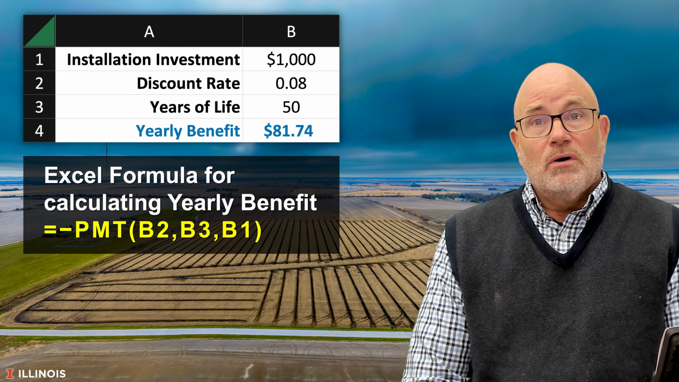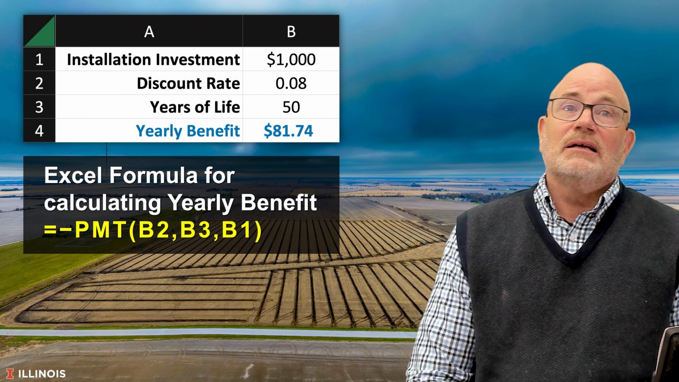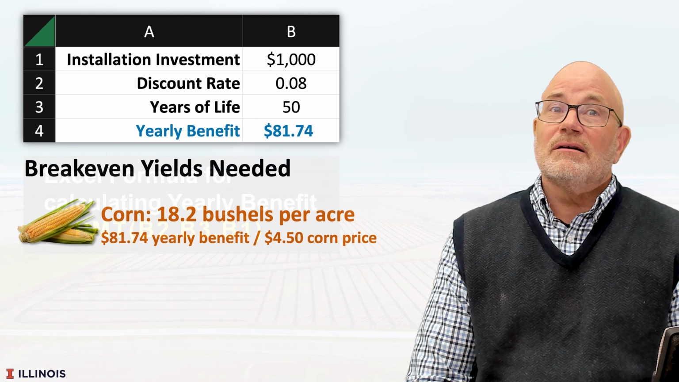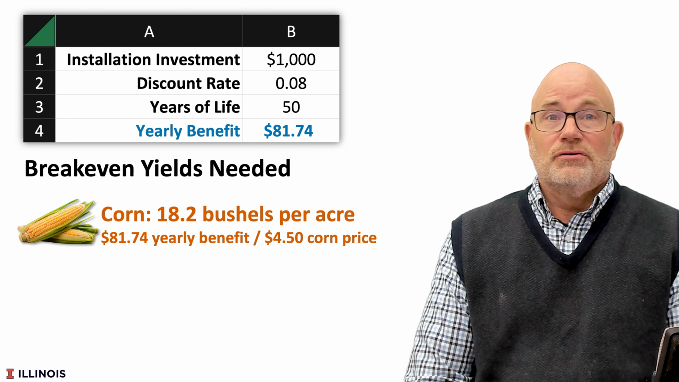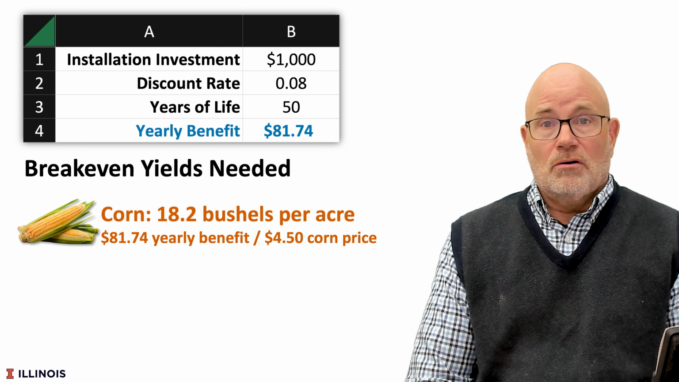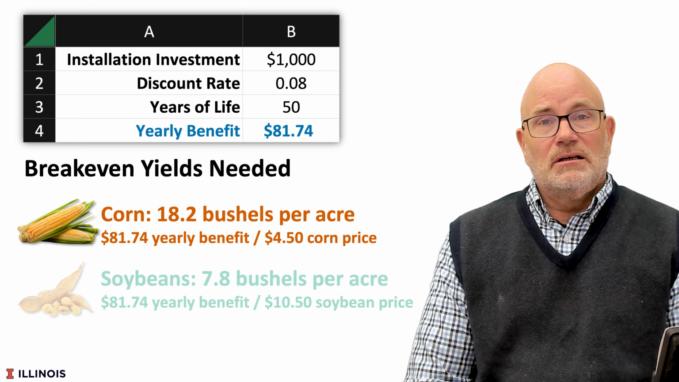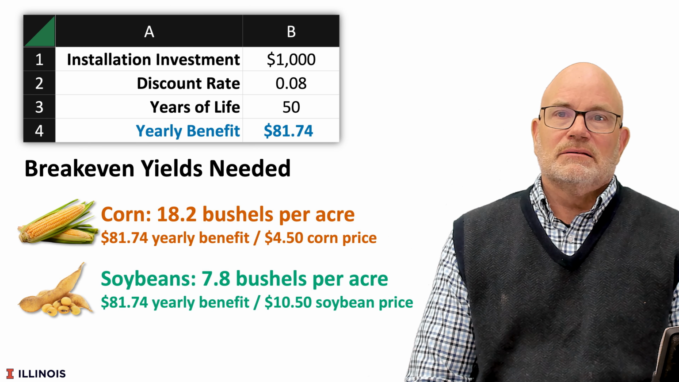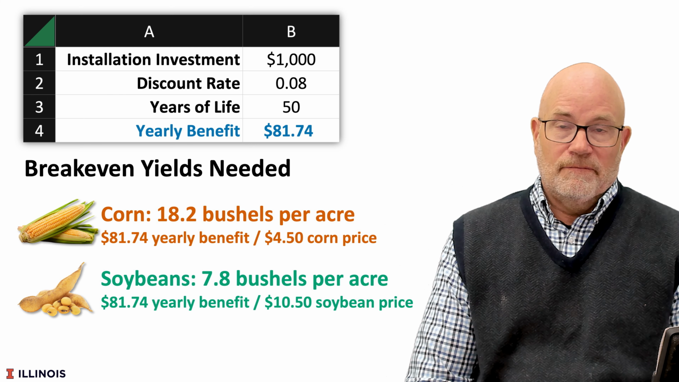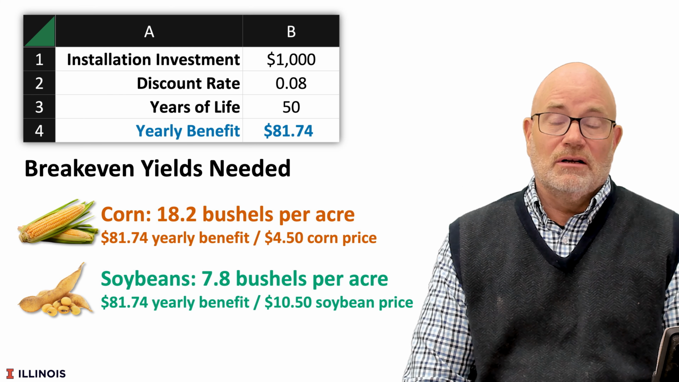That $81.74 translates into a corn yield increase of 18.2 bushels per year if we're using a $4.50 long-run corn price. Soybean yield increase would be 7.8 bushels per acre, and that 7.8 bushel value is based on a $10.50 long-run